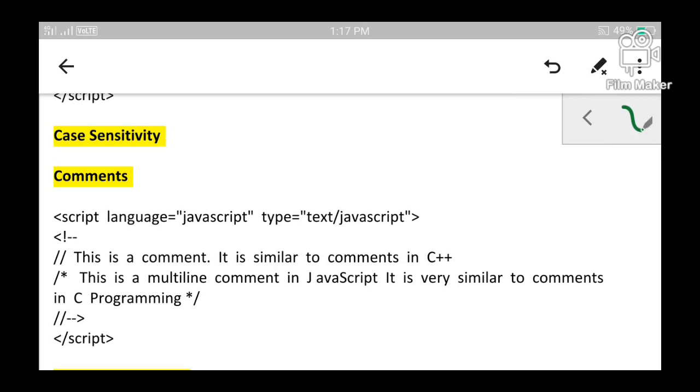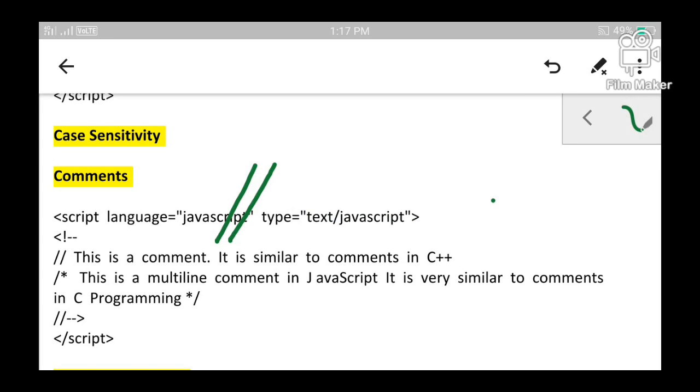There are different ways of putting comments in JavaScript. You might know it because we have used many other programming languages as well. So let me talk about it. If a particular statement begins with two forward slashes, then whatever is written in that line will be treated as a comment.